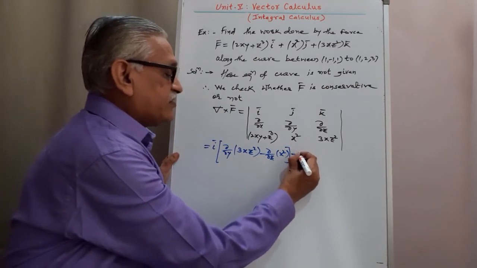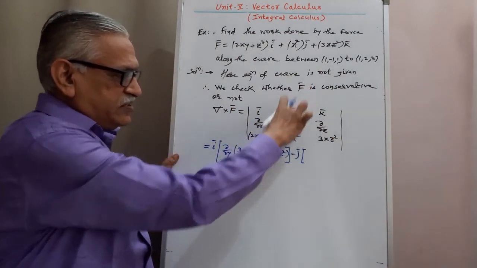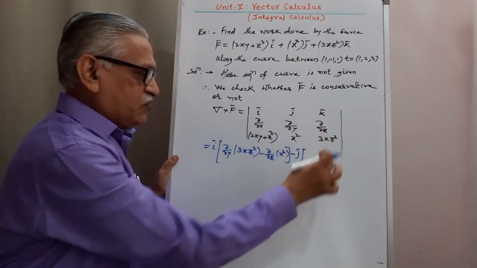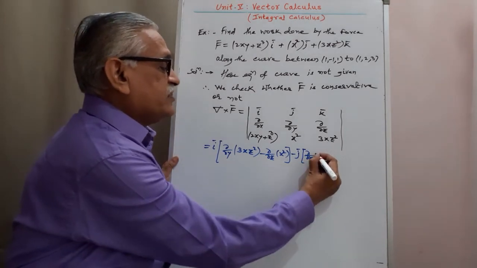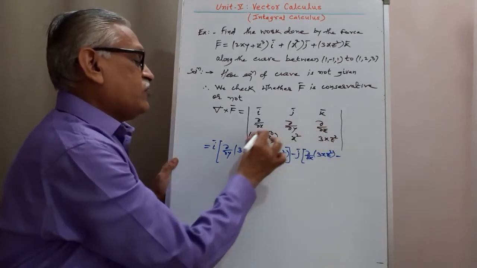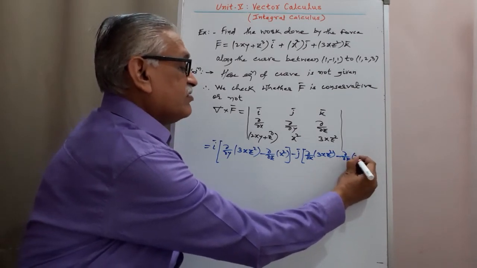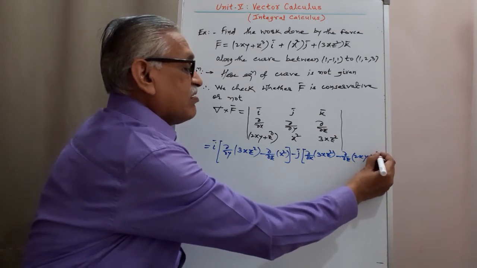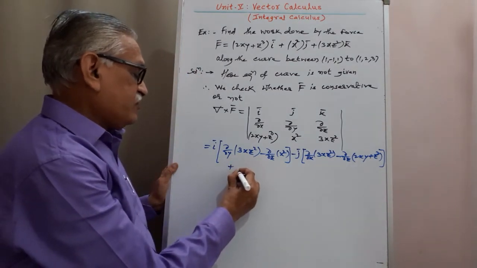Then the second one is with a minus sign, minus j into, this time we neglect the first row and second column, and taking the determinant of the remaining four elements, we get dou by dou x of 3xz square minus dou by dou z of 2xy plus z cube, plus k into,